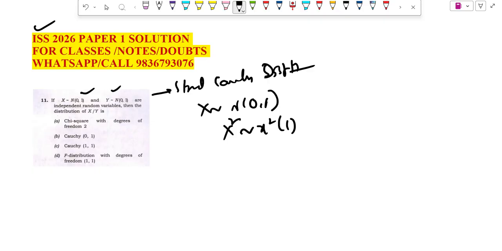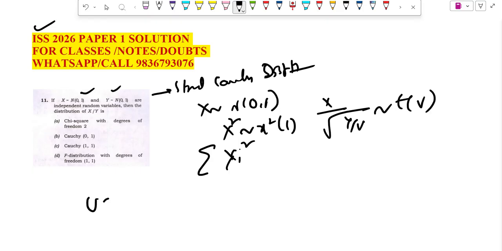So if x1 to xn are independent variables here, this thing, function xi square, and so x